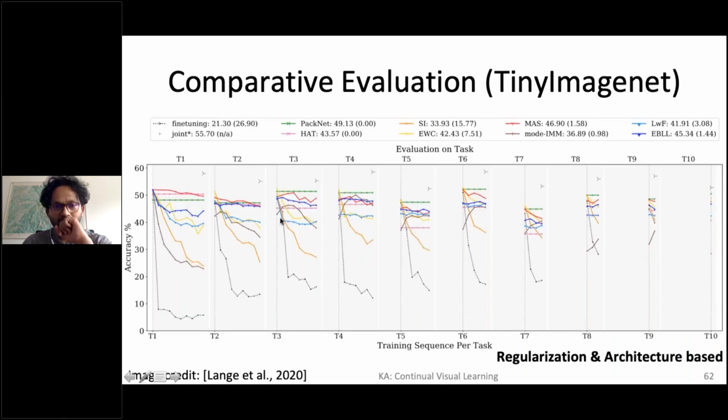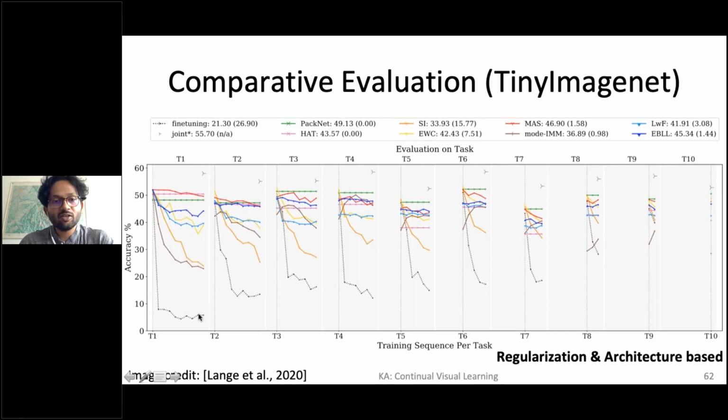Okay, and here we see the performance of each of the tasks. Task 1 is the one that is learned first, and then you see how the performance evolves as you keep adding other tasks, right? So you'll have 10 tasks here, which means you'll have 10 points on this graph. On some methods, you see a significant drop in performance as you're adding new tasks. That is the fine-tuning approach that you see here in this dotted line at the bottom